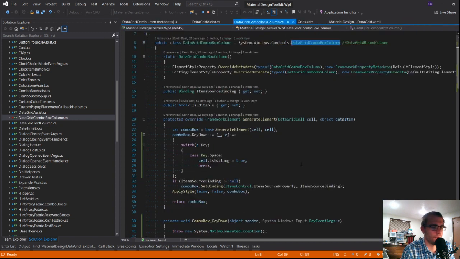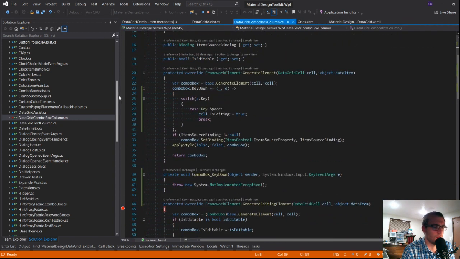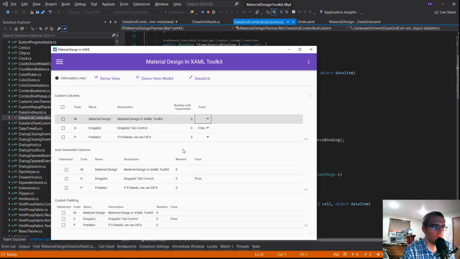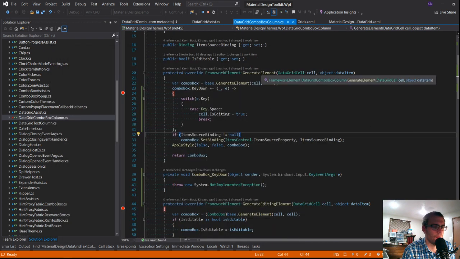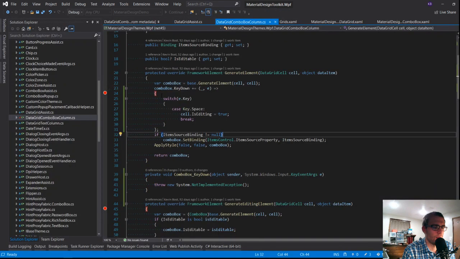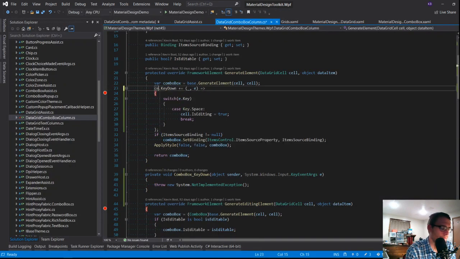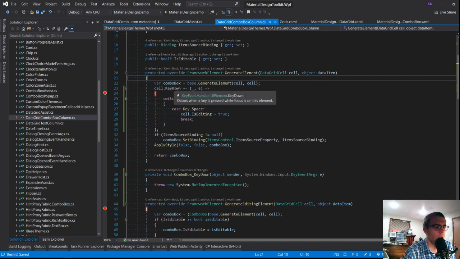Let's see here. Let's go back to here. Let's see, is this key down event even triggering for us? No, because this is ultimately down on the combo box, and it really needs to be up a level onto the cell. Now I bet you it triggers.